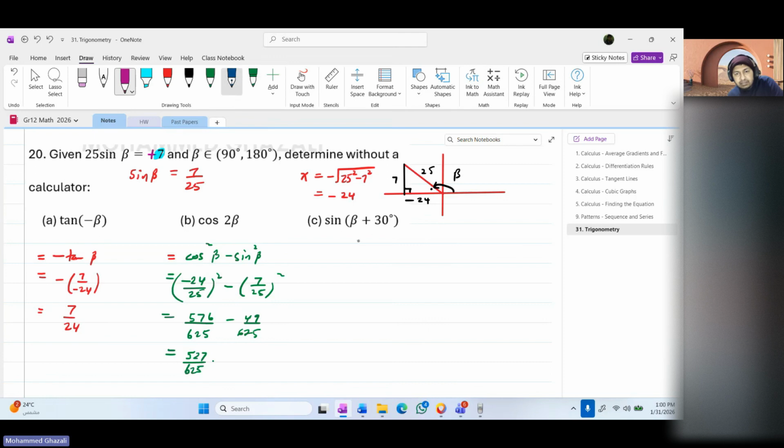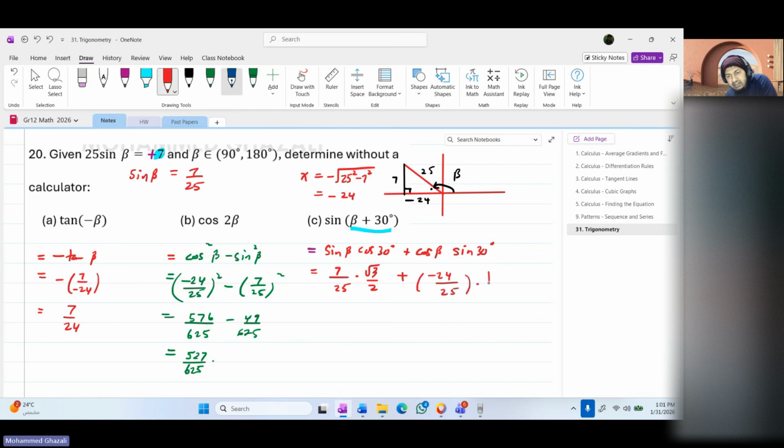What is sine of beta plus 30 degrees? Now you've got special angles mixed with this, so you have to use a compound angle here, because beta plus 30 is a compound angle. So you're going to say sine beta cos 30 plus cos beta sine 30. Sine of beta is from the diagram: opposite over hypotenuse, 7 over 25, times what's cos of 30? Root 3 over 2, plus what's cos of beta? Negative 24 over 25,